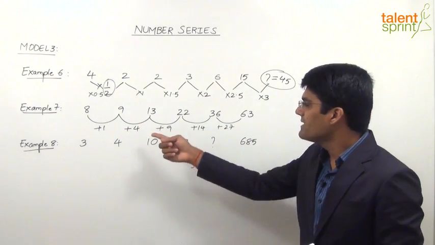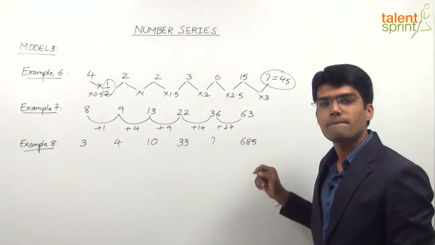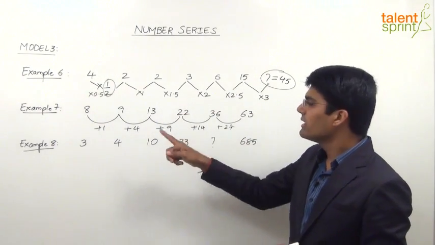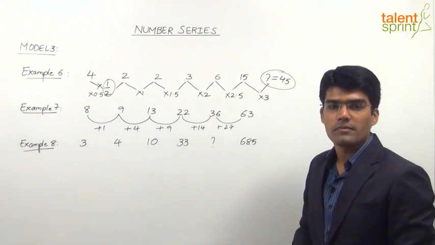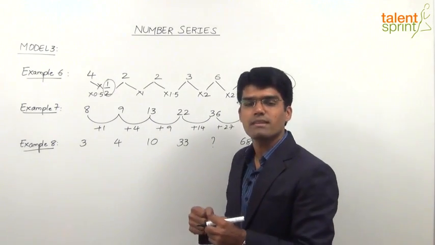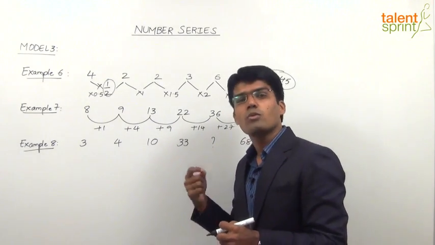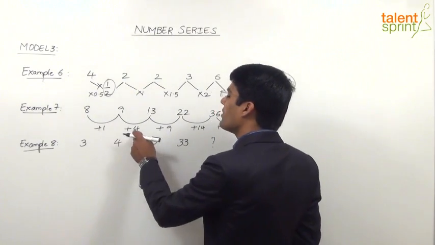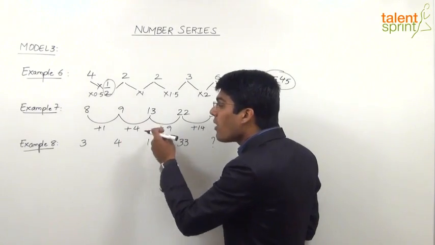Why? Because if these differences are in a particular pattern, then we can say that all the numbers are correct. But since one of the numbers is wrong, the differences here are also wrong. So we need to just try out various ways and understand what could be the probable logic. Now if you look at the first three differences here, 1, 4 and 9, we see that these are all